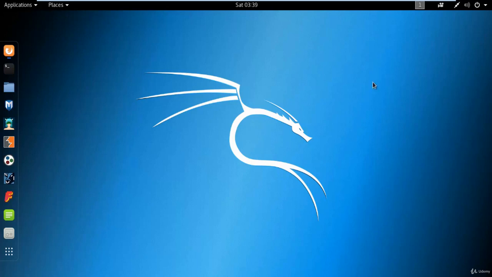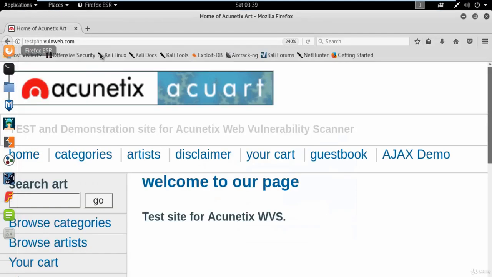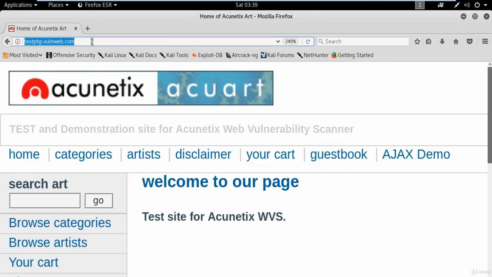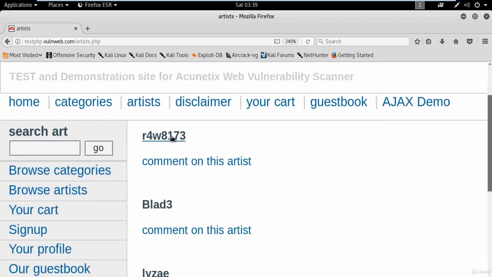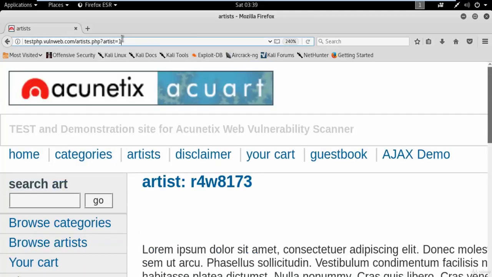So to do that, you can see that we already have our sample website, which is testphp.vulnweb.com, and obviously we will try to attack this website. So first of all, we need a simple link of this website, right? And to get a link of this website, we can simply click on artists. I'm showing you how you can get a link. So click on artists and click on the first link. So you get a link automatically,